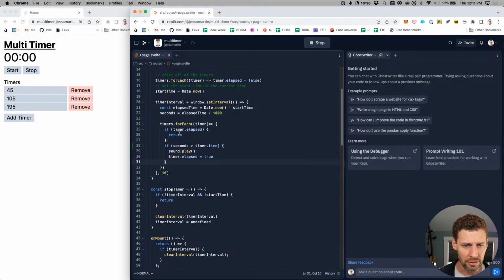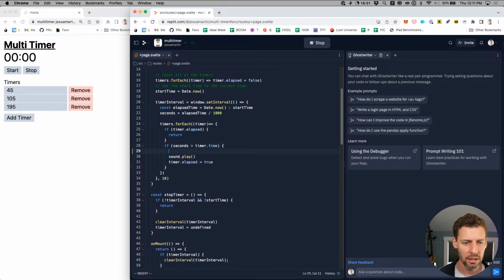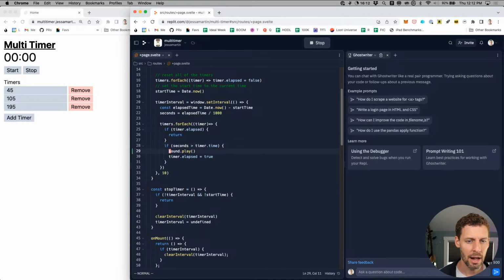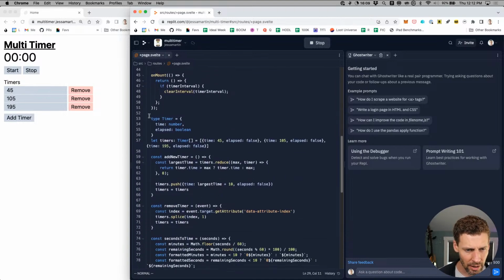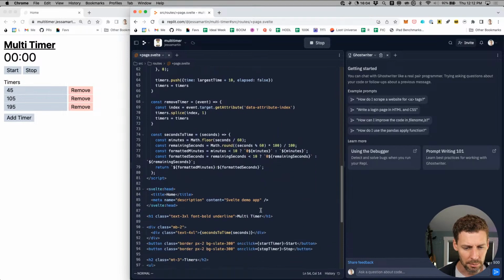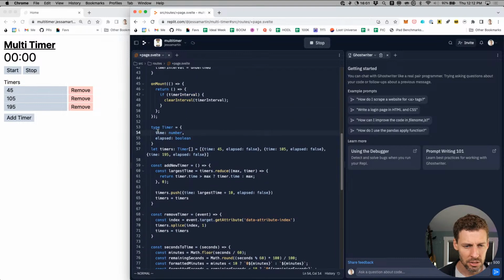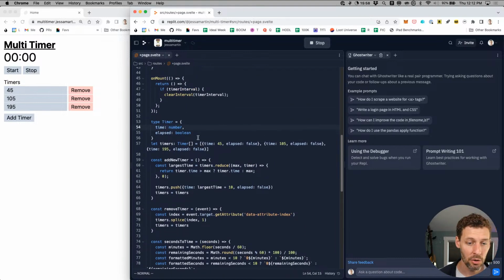So it's this comparison right here. Seconds is greater than timer.time. And so what that's going to look like, if we have 0:45, it would be like, is 10 seconds greater than 0:45? And I really don't know what that comparison would do, because 10 is a number, and 45 is a string probably. So anyway, not good things is the answer. And actually, this is TypeScript, so that time would be a number. So it's going to try and parse that as a number, I guess. I'm not sure. Curious if anyone who's watching knows what happens here.